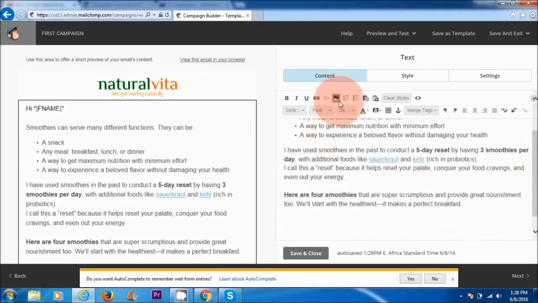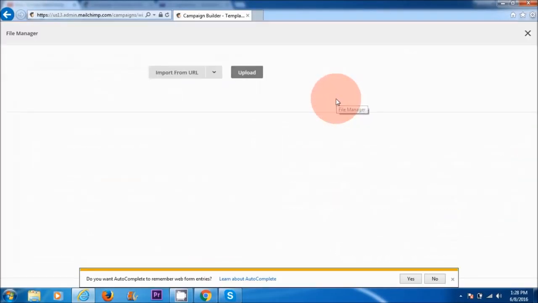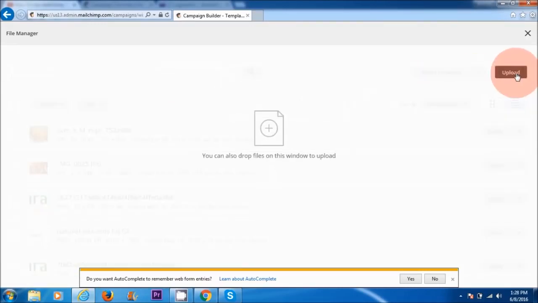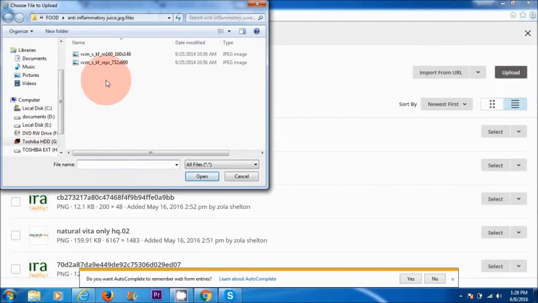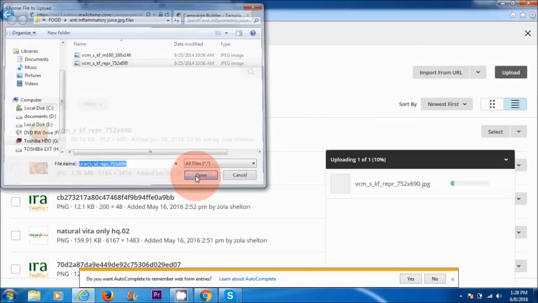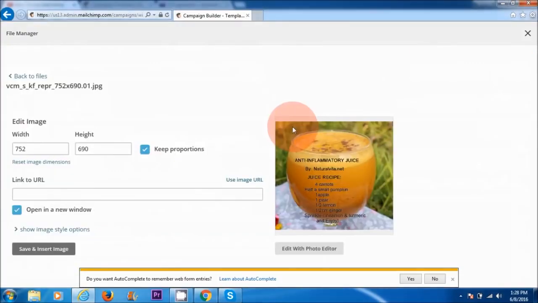To add an image, you want to go here to this icon and click on that, and then click on upload. Choose the image that you want to upload. So I've got this one here I want to upload, and then click open. If you want to edit the width or height of this image, you can do that here. I'm going to change that to 300, so the height will automatically change by itself. And you can also add a URL address to link this image to a blog post, for example, if you want to do that. So I'm just going to leave it like this for now and then